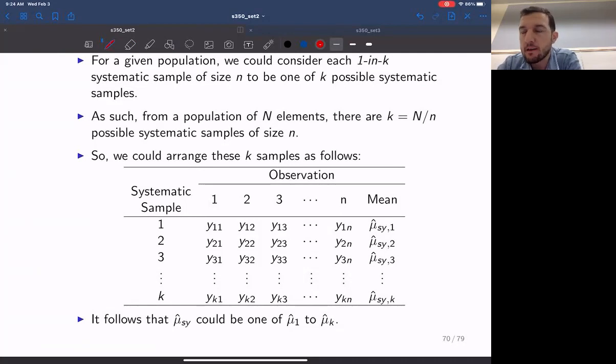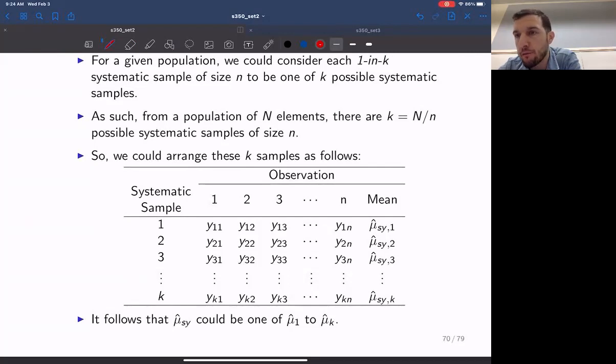Now, this idea comes out of an ANOVA type experiment. So let's imagine that when we collect our information, we arrange it in a table that looks like the one given on slide 70. This table is showing us the systematic sample number, which ranges from 1 to k,